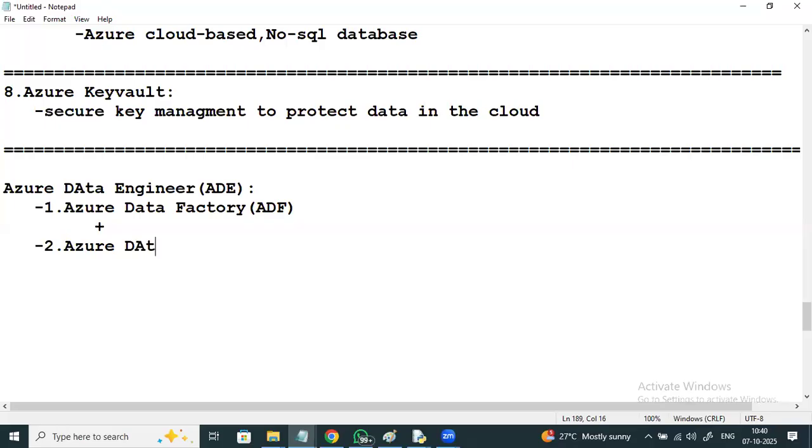Azure Databricks. It is an Apache Spark based data analytics platform, I said. Using Spark, we can process the data at a very high rate of speed. I'll also discuss Spark, that is PySpark, in brief. Not like an overview like other training sites. Total PySpark will be discussed here.